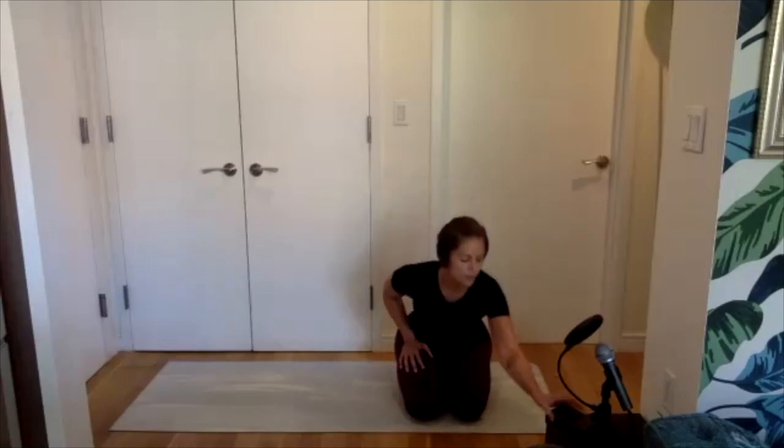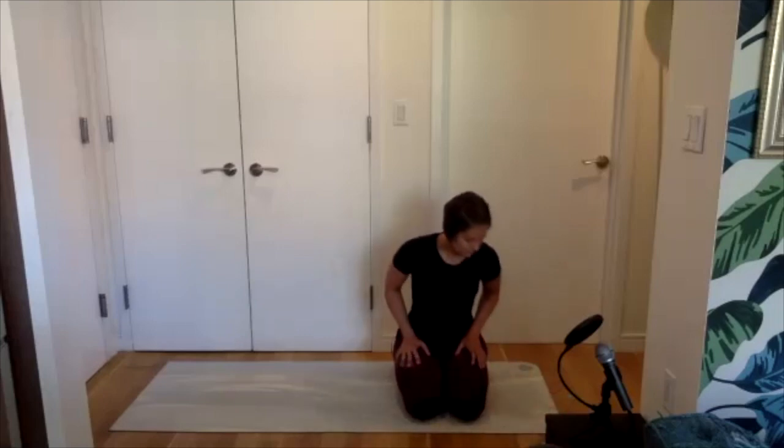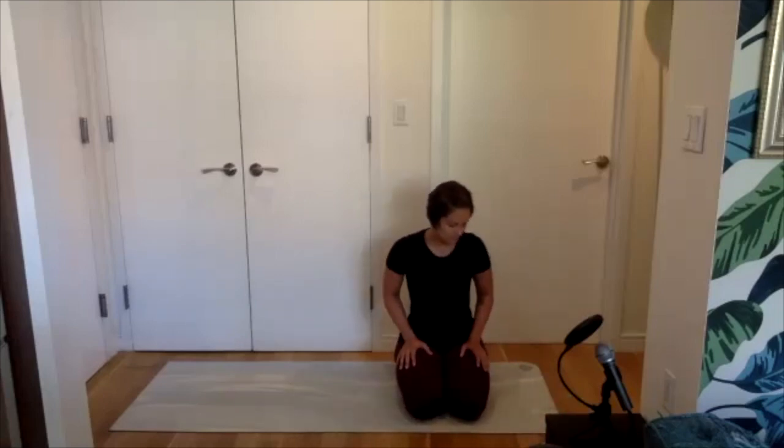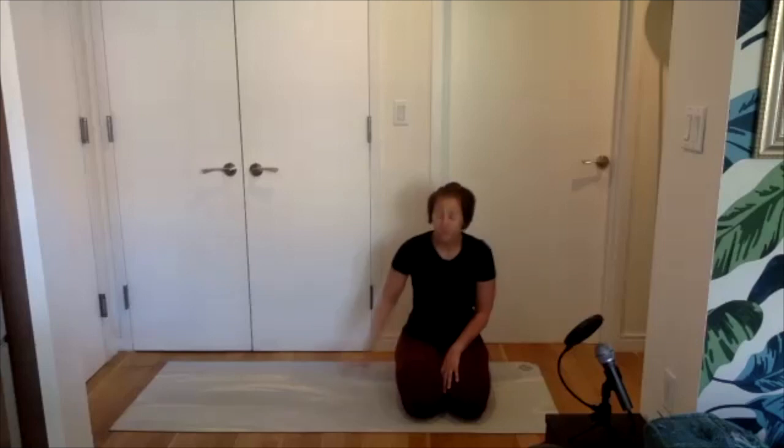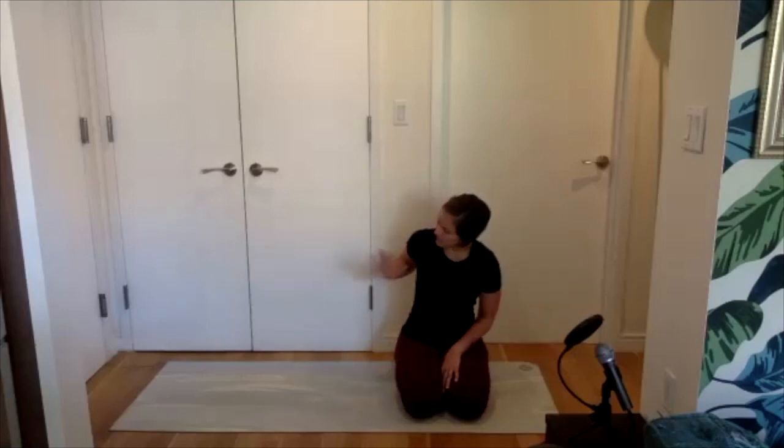Such good work, yogis. A few more deep breaths here. Take a big breath in. Let a big breath go. If you've got that right arm around behind you, set it free. Use that hand to help you balance as you roll to your belly. You can bring both hands in, any tiny movements of legs or head, and then gently press the body back